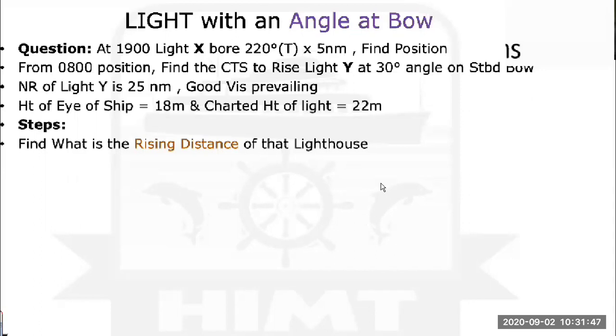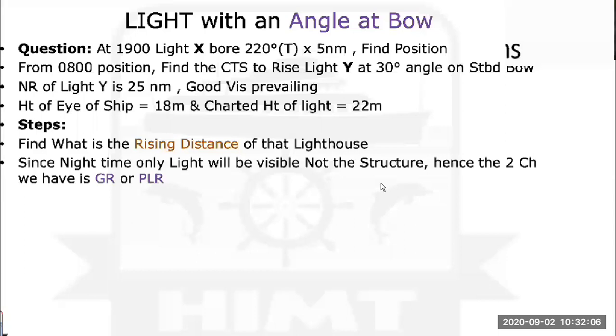But even then, I told you it is prudent for you to cross-check between your GR and PLR. Just cross-check it. Who knows? The question could be wrong also. So I always told you, please cross-check. Even if it is written rising distance also, please cross-check which is smaller. So NR is smaller. Right. NR is PLR at your 10 nautical miles. How you are telling NR? Yes, sir. PLR is smaller than the GR.